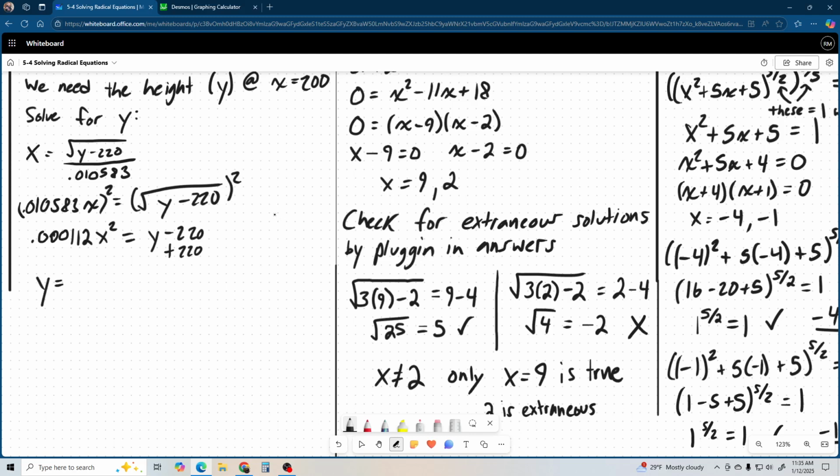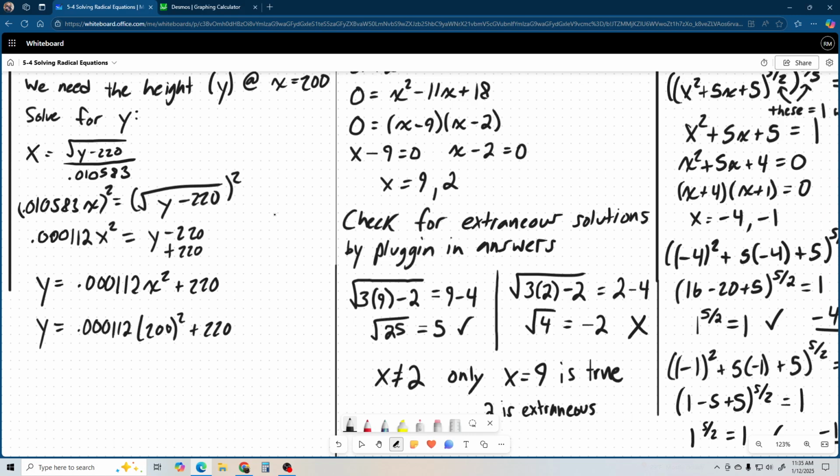y equals, I'm just flipping it so the y goes first, y equals 0.000112 x squared plus 220. All right? And now the question is, when you plug in x for 200, what is y, right? So really what we have to do to solve this problem is just do y equals 0.000112 times 200 squared plus 220,